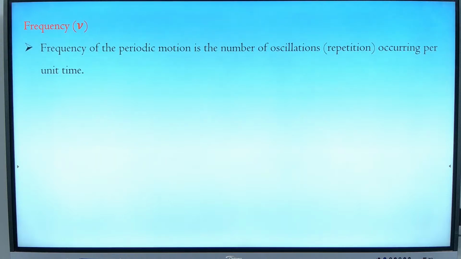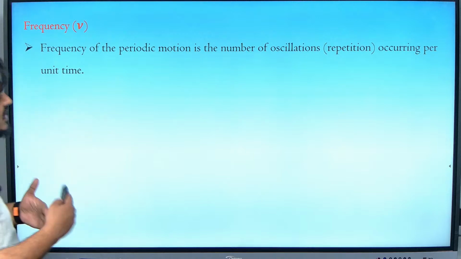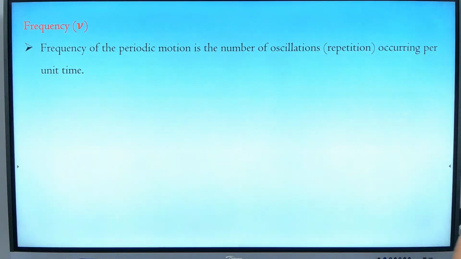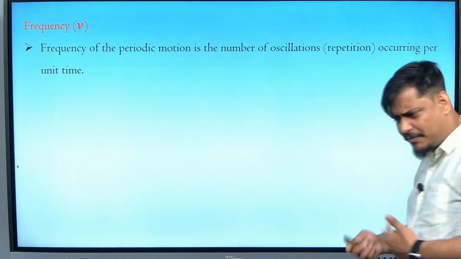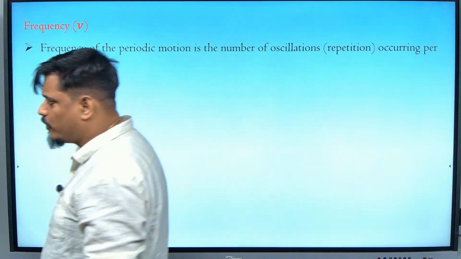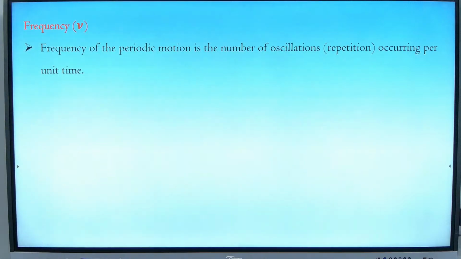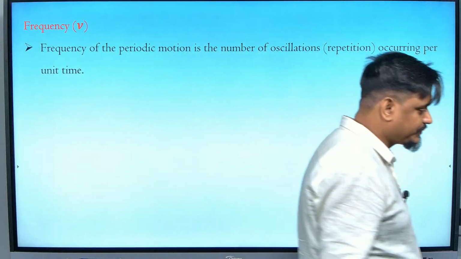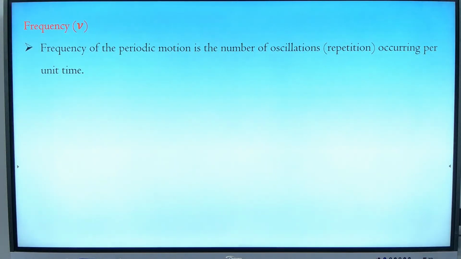Okay, what is frequency? Frequency is number of oscillations per unit time, right? Frequency is defined as number of oscillations per unit time. These are very basic things, you know it from your childhood itself, but still I am recalling it. Very soon I am going to enter into the 11th level of this chapter. So as of now you can write: frequency is number of vibrations or number of oscillations per unit time.